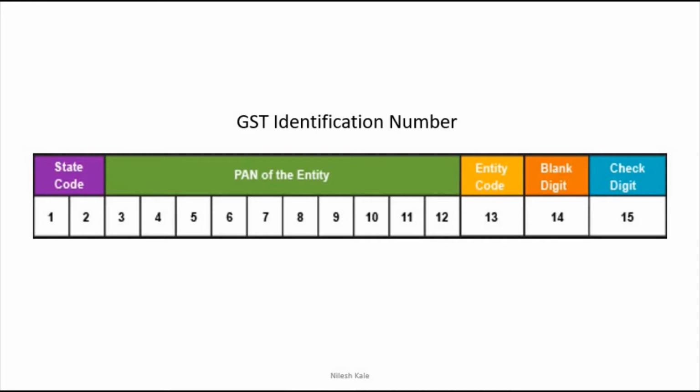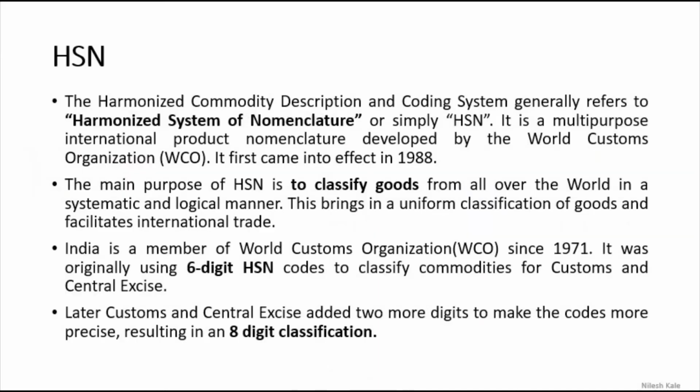The GST Council thinks that yes, this number can be used in future to further classify the GST identification number. And this is the 15th number, that is the check digit. How it works: if everything is correct previously, all these 14 digits are correct, then this number will be generated. Otherwise this number will not be generated, and that is why it is called the check digit, right? So this is all about the GST identification number.